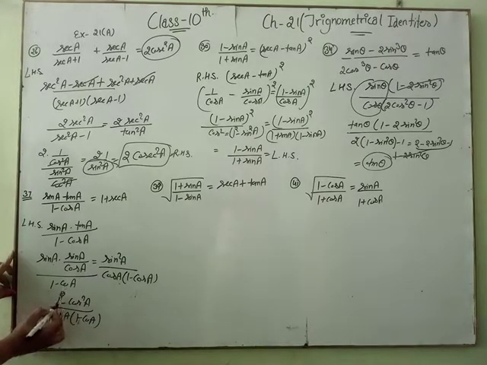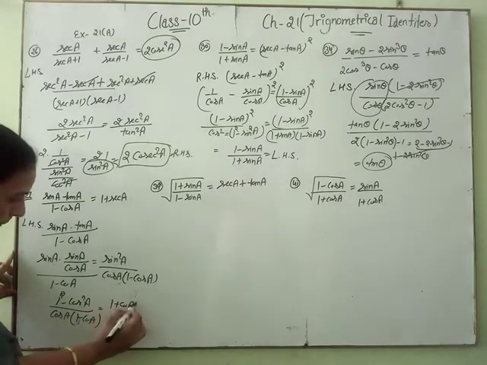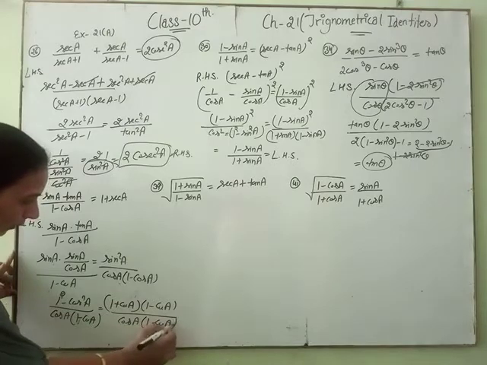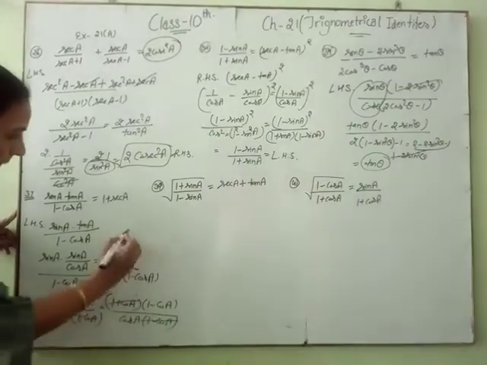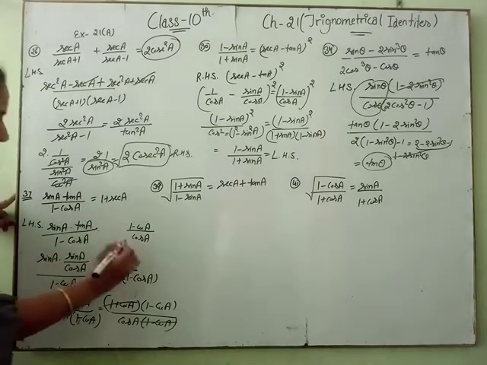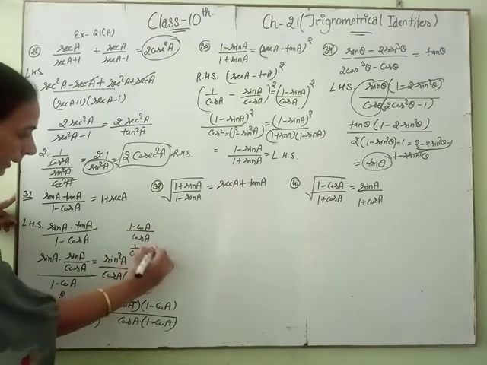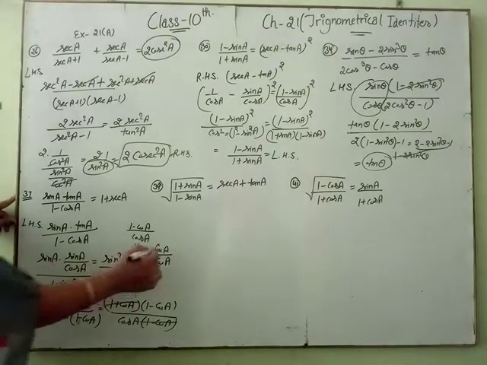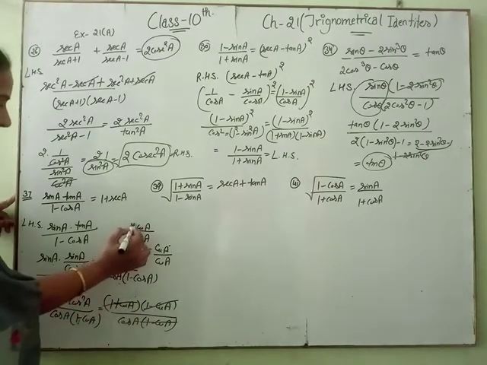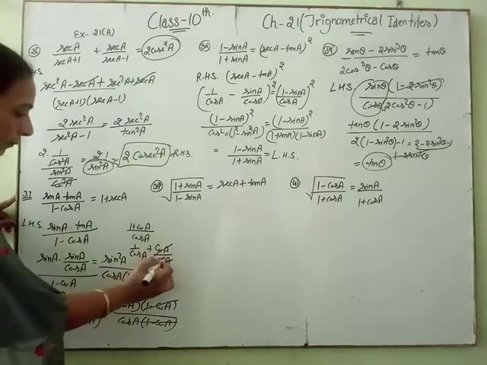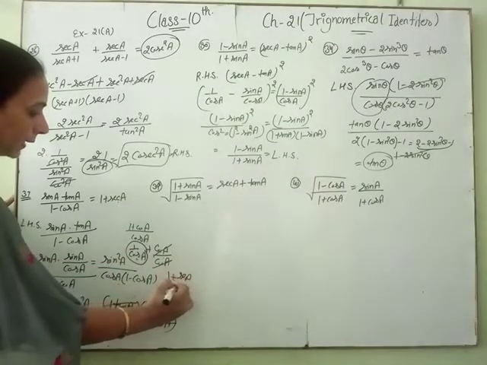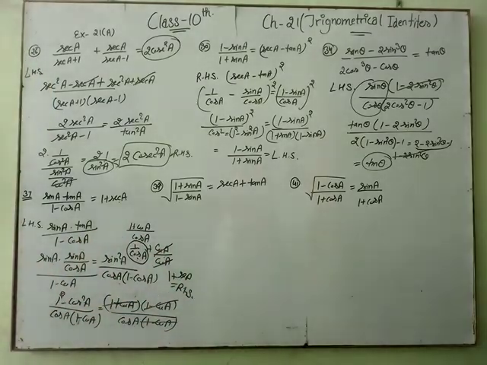Okay, and we write 1 square, A square minus B square, A plus B and A minus B. Okay, by cos A into (1 minus cos). 1 minus cos cancel, and there is only (1 plus cos A) by cos A. We find this value: first I take 1 by cos A, then plus cos A by cos A. Okay, cos A cancel, then 1 plus 1 by cos A. 1 by cos equals secant A, and this equals the right hand side. Okay. Next question number 39.